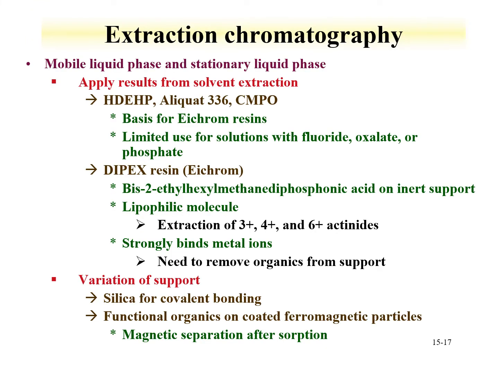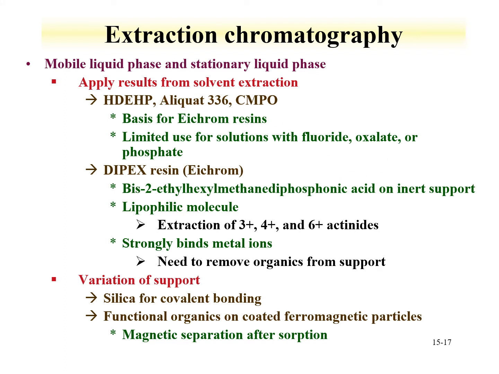Extraction chromatography is also performed with americium. One can think of extraction chromatography as combining solvent extraction and ion exchange, where there's a mobile liquid phase, generally the aqueous phase, and a stationary liquid phase, generally represented as the organic. So for the americium work, you can apply studies that were performed with the organic ligands such as HDEHP, CMPO, Aliquat 336, and these are the basis of Eichrom resins. There are some limitations in the solution depending upon what sort of ligands you have. These are mainly based upon the fact that these ligands will coordinate strongly with the metal ion, preventing interaction with